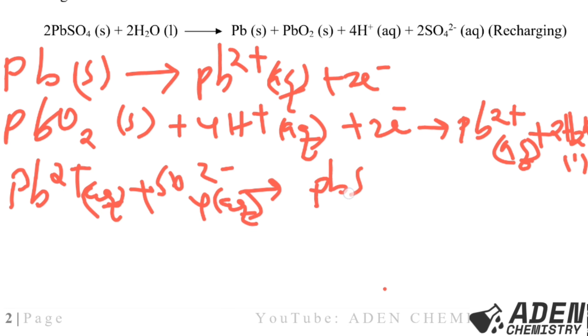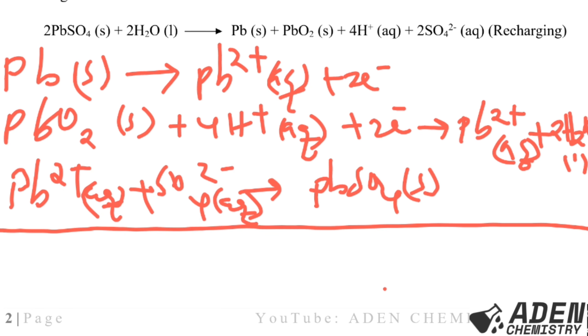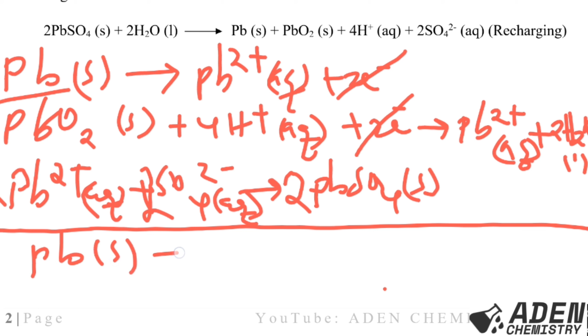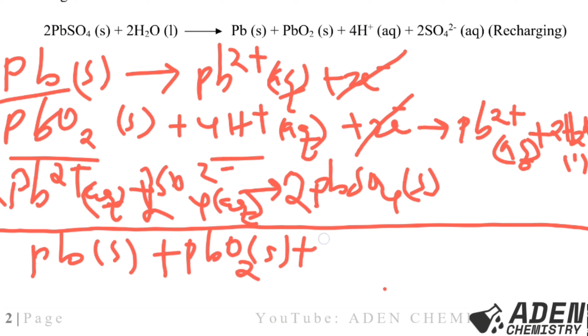So this is solid. We have to add these three equations to form the overall equation for discharging for the cell. What we see on the reactant side, if it appears on the product side, we are going to cancel out. So these 2 electrons will go with those 2 electrons there. Then the equation where lead 2 ions react with sulfate ions giving us lead 2 sulfate, we are going to multiply by 2. Then we start with lead solid, plus the other reactant, lead 4 oxide solid, plus 4 hydrogen ions aqueous,